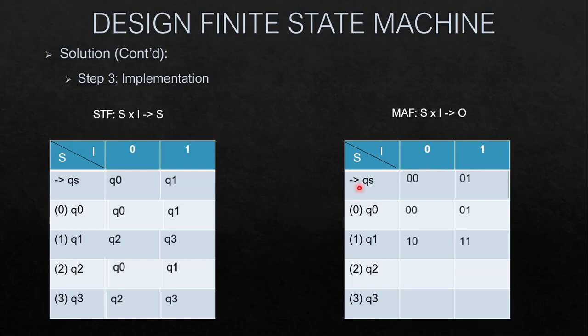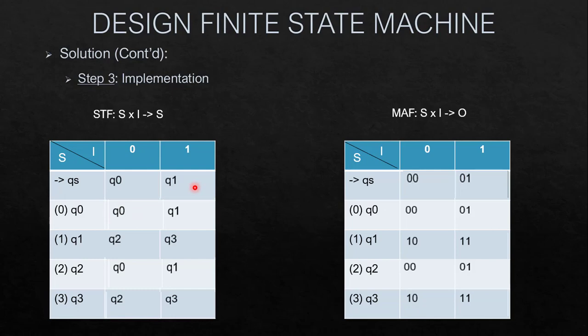Then since it is Q2, we have to go to Q2, that means the remainder generated will be 2, and Q3 means the remainder generated will be 11, that is 3. So we have 10 and 11 getting printed as output. Then again 00 and 01. Finally 10 and 11 will get generated as output when any binary number is divided by 4.